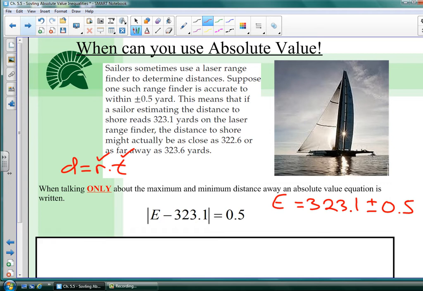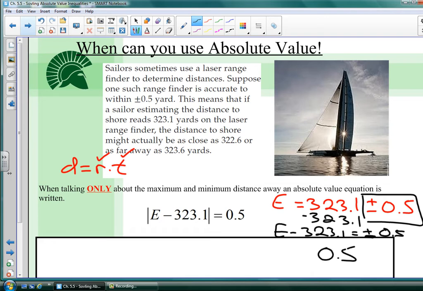And remember to think back how we did this. In order to write this as an absolute value, remember that the absolute value is the distance away from something. Well, what's the distance away from the reading that we have? The distance away is 0.5. And so we're going to subtract 323.1 from both sides and end up with E minus 323.1 is equal to plus or minus 0.5. And if you remember how we interpreted that, we said the difference, because we're actually measuring the difference,